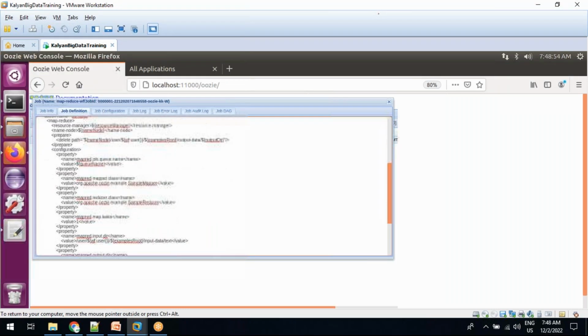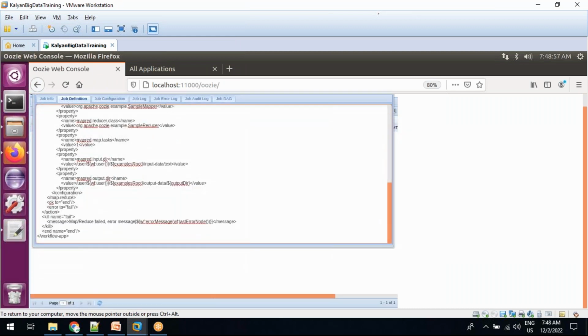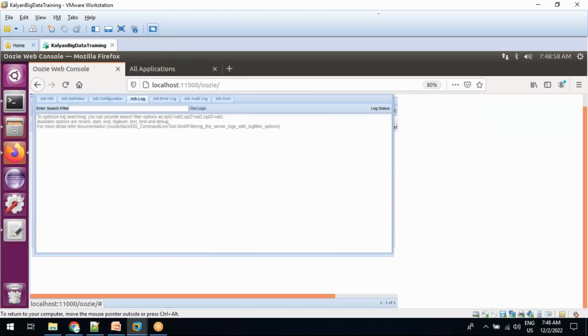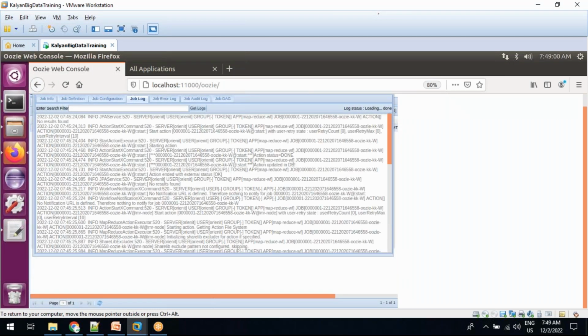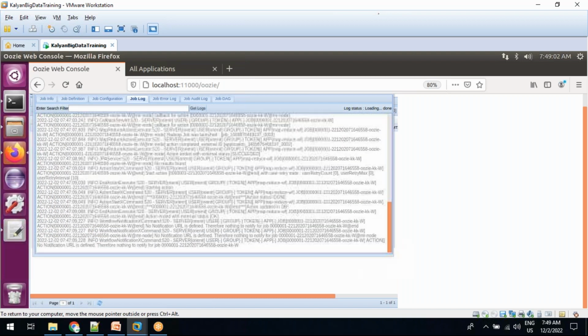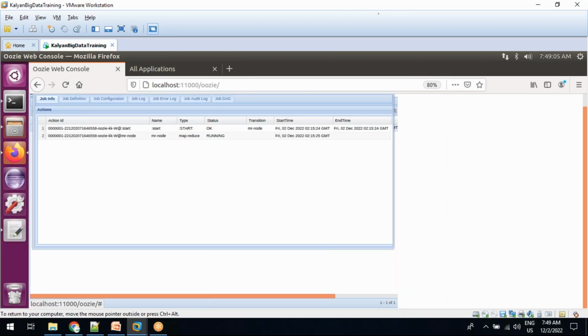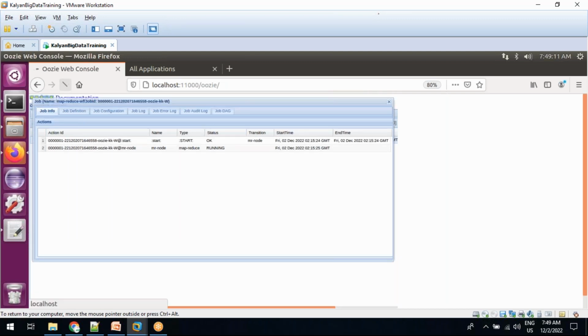Complete job details we can also fetch from here. This is the XML file information, whatever we define, and we can see the log information, whether it is success or failure. And the complete job details, when it started and at what time it is running, those details will be here. So once you refresh the screen,